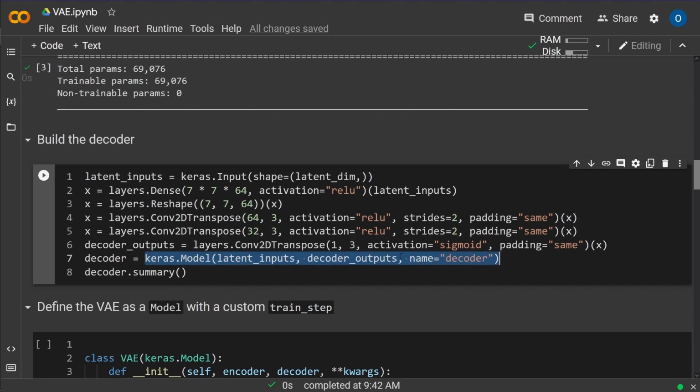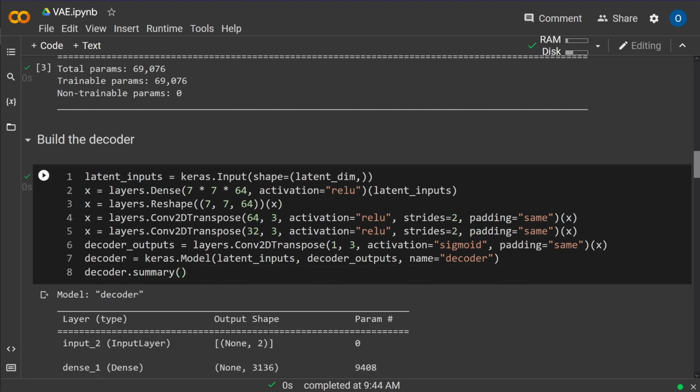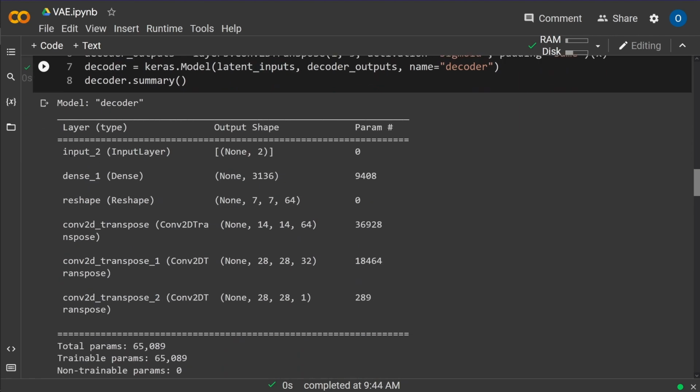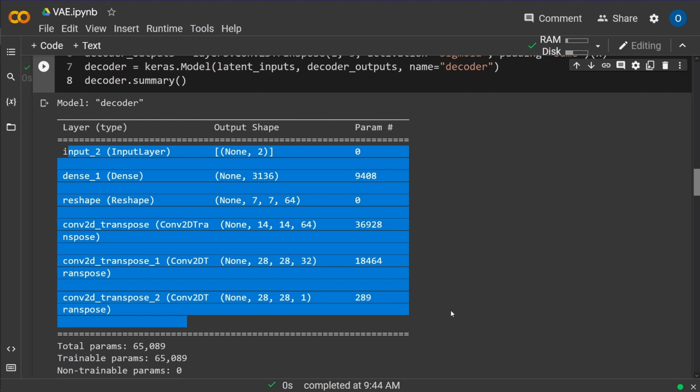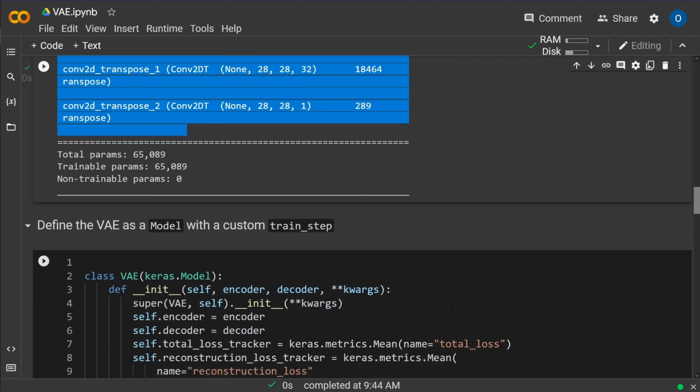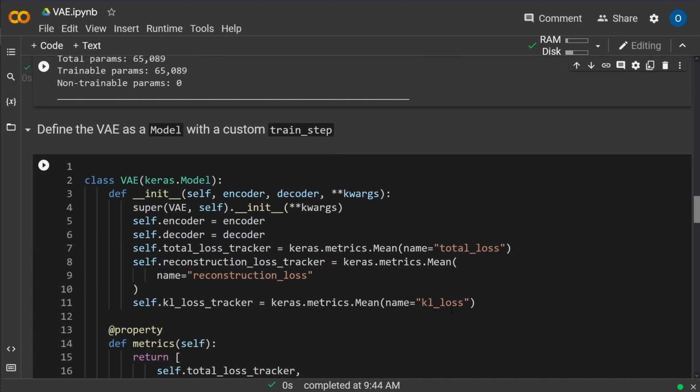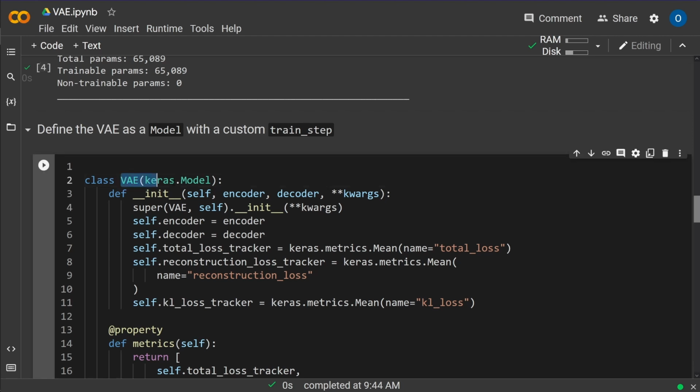And if we run the summary command again, you can see in detail our different layers. This more or less goes in reverse to our encoder layer structure. And now we are finally ready. We define our